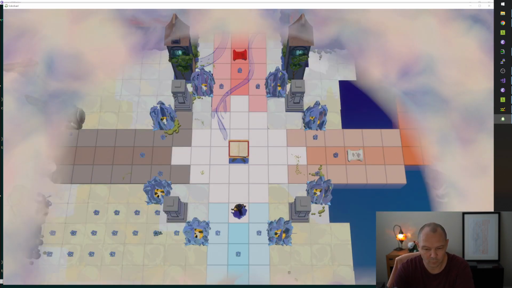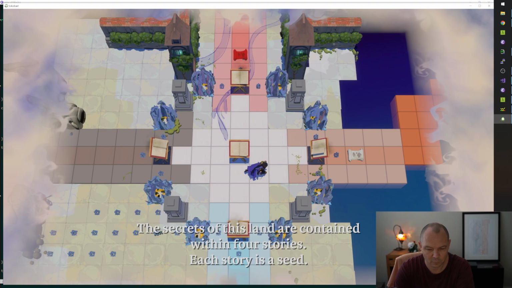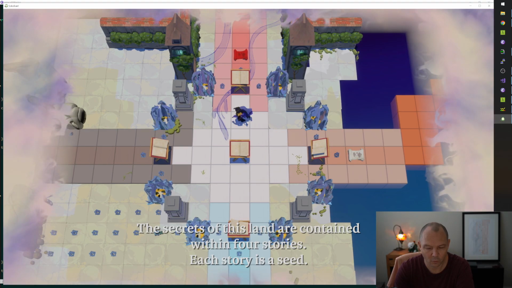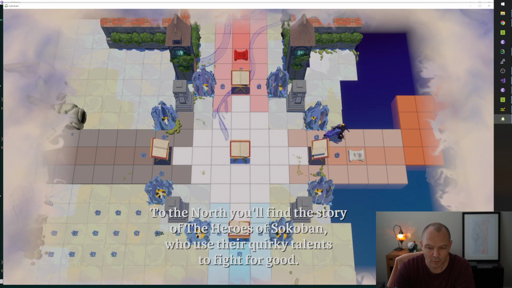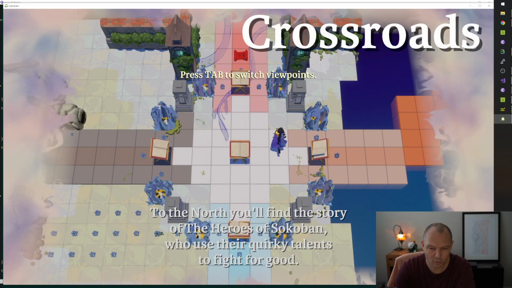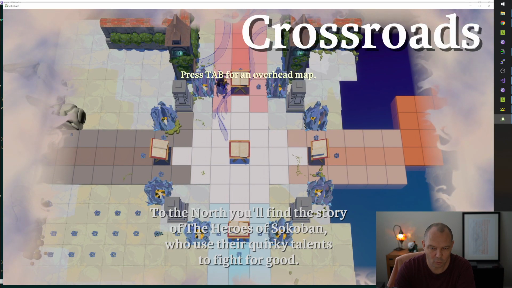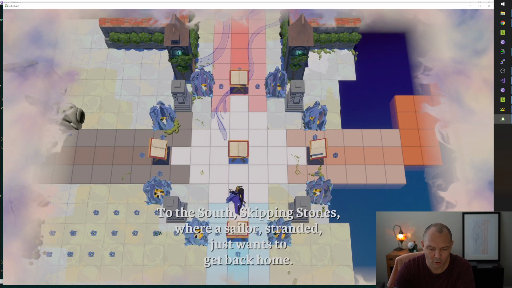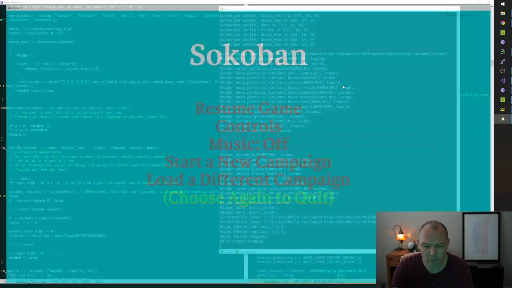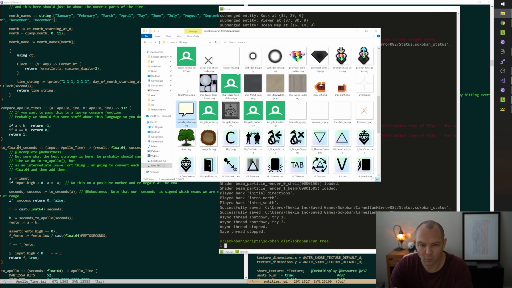All right. The secrets of this land are contained within 4 So stories. Now we are not spewing errors because we're To the just north, bailing out for You'll now. find the And then later, story if we of the want heroes this of character to Sokoban, have who use their quirky talents some to actual fight for dialogue, good. we'll just get more specific about how that happens. But To the for south, right now, that's just not a Skipping thing. Stone. And that's good. So